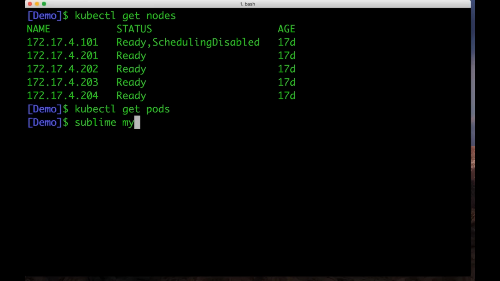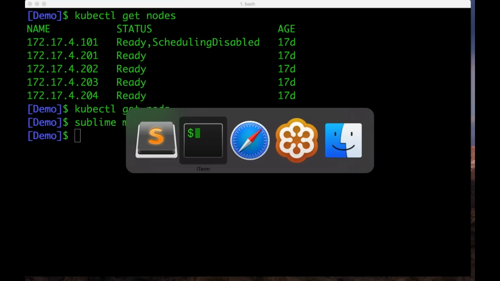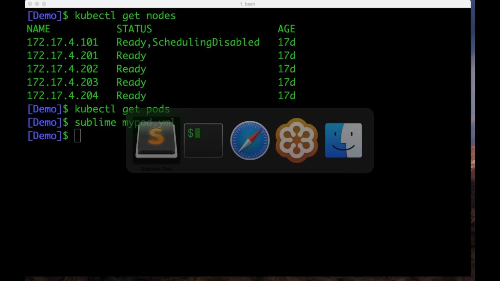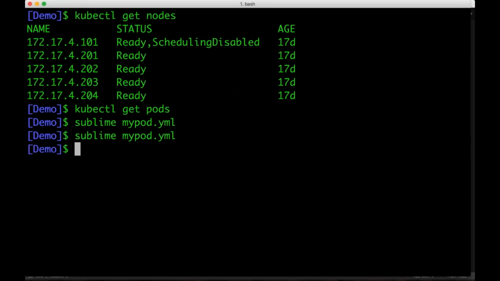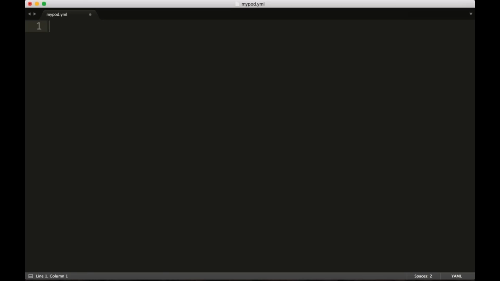So let me start my Sublime editor, and I'm going to create the definition of a pod from the ground up. So we'll call this my pod. So I'm going to switch to the Sublime editor. Okay, so